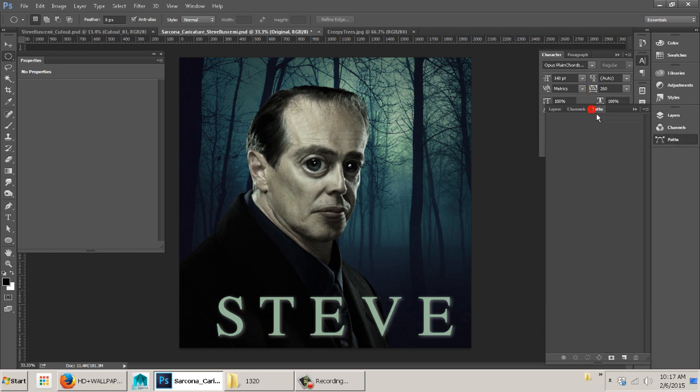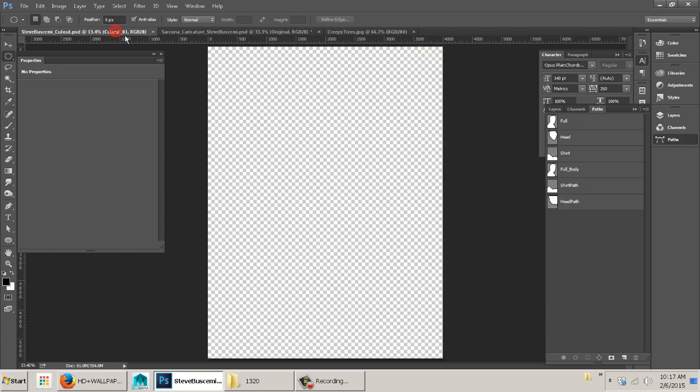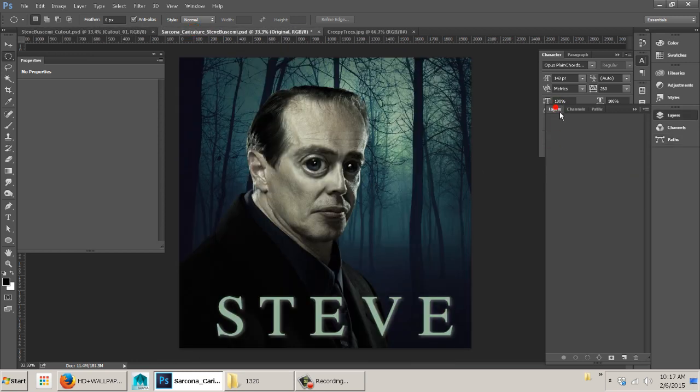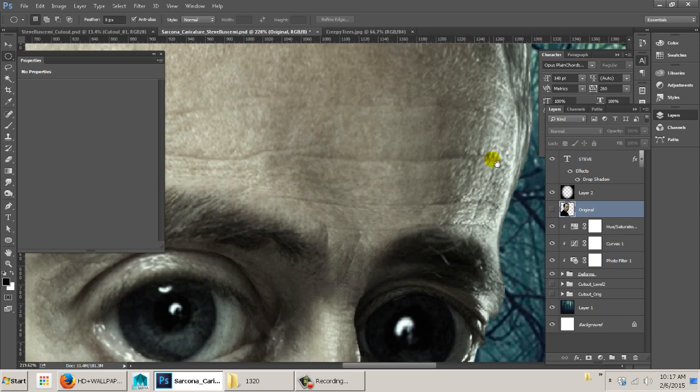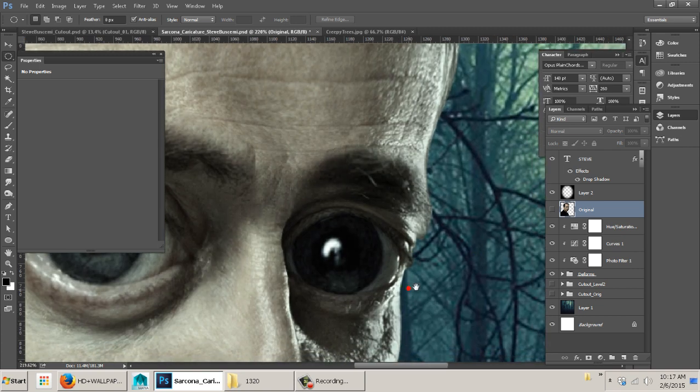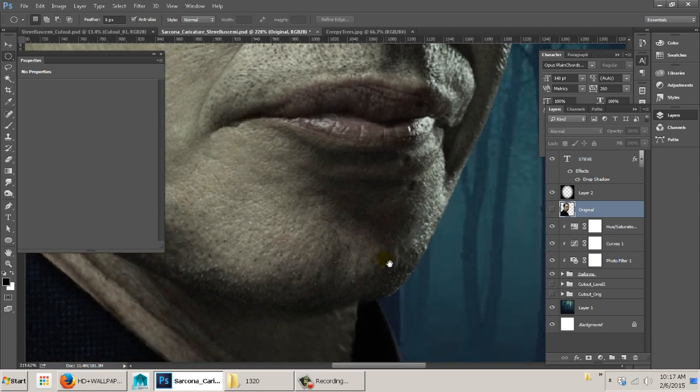For this one, I'm not going to see your paths. Remember, we created this other one that had all these paths in it. Those are just for you. I'll really be able to see the detail in this when I'm looking at these, because if I see that he's got a bunch of chunks missing in his head or it's really blocky, I'm going to know that your path is not good. Okay,